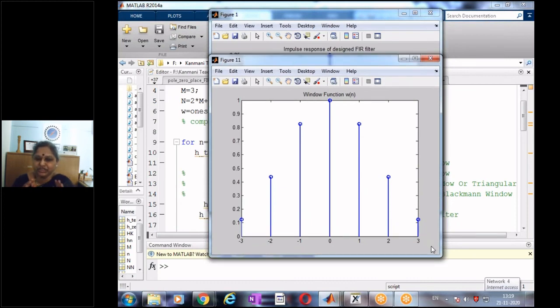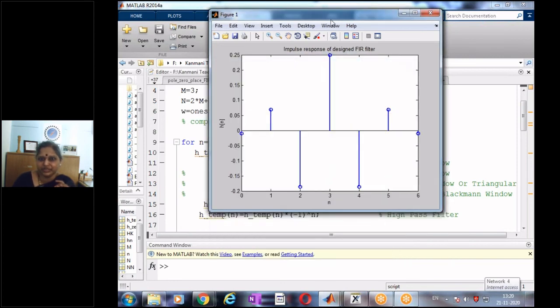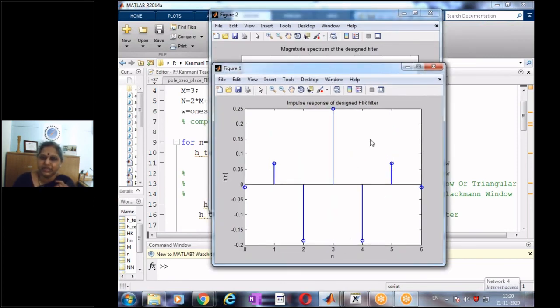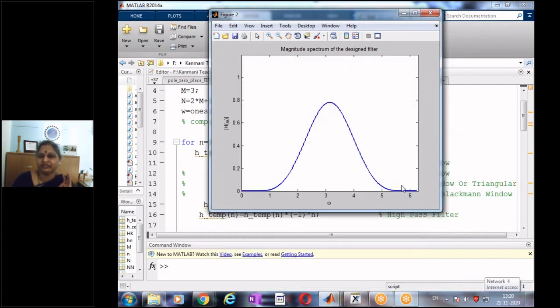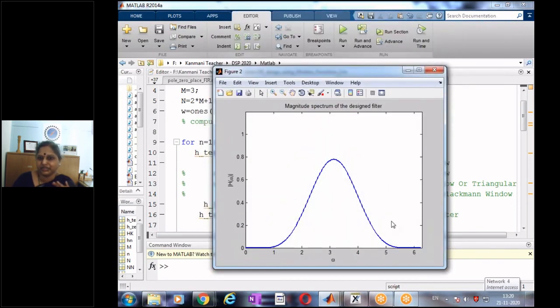The window function, as I mentioned, does not change whether the filter is a low pass, high pass, or band pass. The window functions remain the same, and it only depends on the length of the filter. The window coefficients do not change with the filter bandwidth. And this is my FIR filter. Once again, positive, negative, but the values have got multiplied by the window function, and hence the impulse response coefficients are slightly different. And this is my frequency response. There is no overshoot, and there are no ripples as we had seen earlier. And this is my high pass filter frequency response with the Hamming window function.